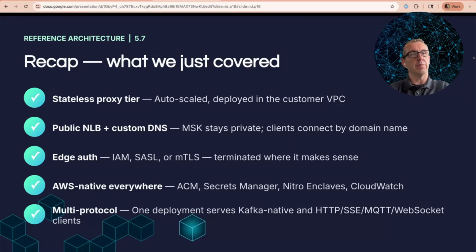We have a lot of AWS integration in play, including ACM and Secrets Manager. And we talked about Nitro Enclaves and CloudWatch for monitoring as well. The multi-protocol aspect is most interesting because that's all done with declarative configuration for the Zilla gateway, and it allows you to, in one deployment, handle any number of different protocols that you would like and integrate them together seamlessly against the same backend MSK topics.